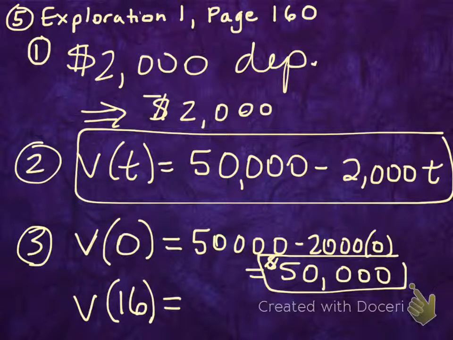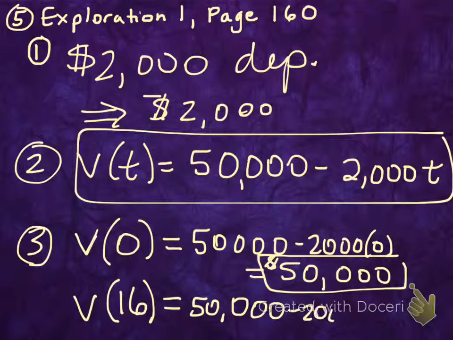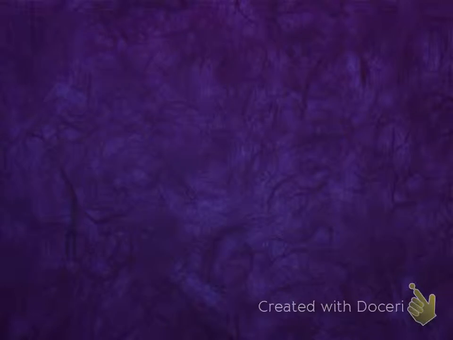And then v of 16 would be 50,000. Oops, me and my pen aren't getting along again. Try again. 50,000 minus 2,000 times 16. And obviously you multiply before you subtract. So when we multiply, and let me run to the next screen so we got room to show our work here. We would have